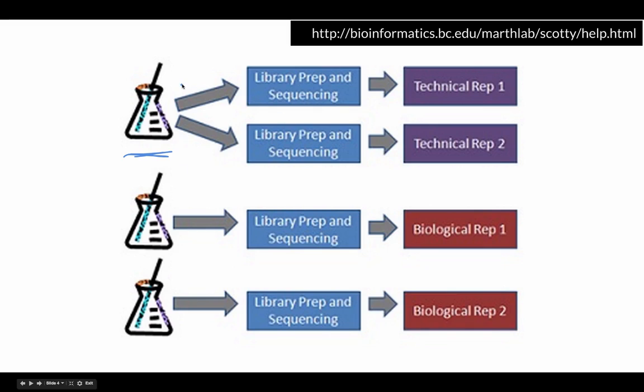So what you do is you do some sort of processing of the samples, and you do that processing two separate times. You do the exact same processing, but you just repeat it twice. Then you get what's called technical replicates. So these are replicates that just replicate the technical part of the process. Now there are different kinds of technical replicates because there's obviously multi-step processes that generate these replicates. So you can have different kinds of technical replicates, but in this case it's always the same biological sample that